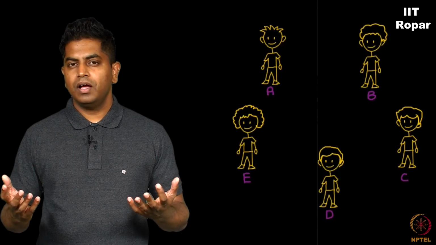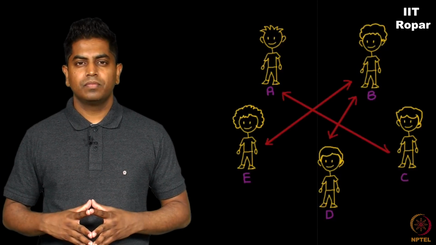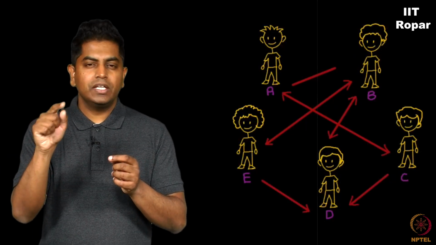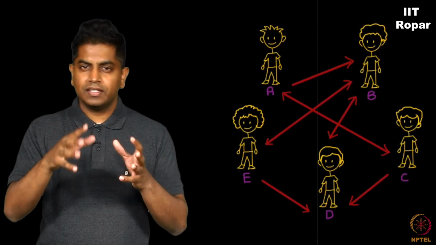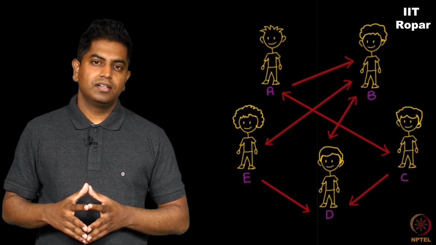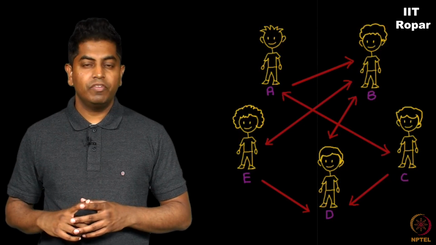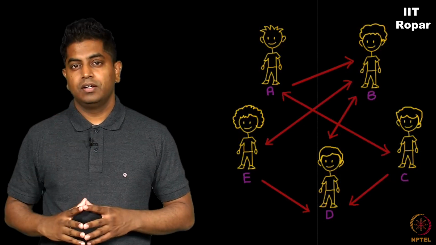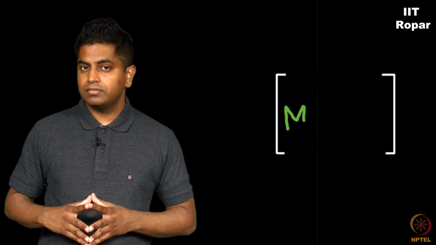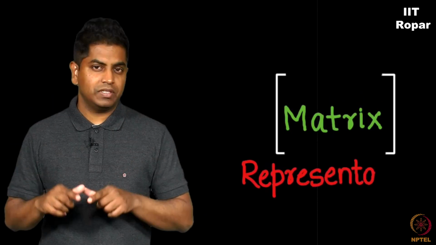Here is a very important concept. I told you there are A, B, C, D, E, 5 people and some graphical representation on them, right? I drew arrows between 2 people showing that A knows B and things like that. This is one way of representing a relation. There is yet another way which actually is very important, a way to represent this relation. And that way is called the matrix method.